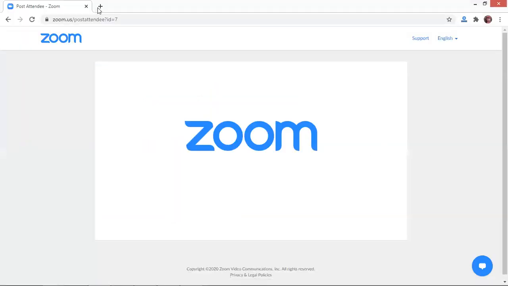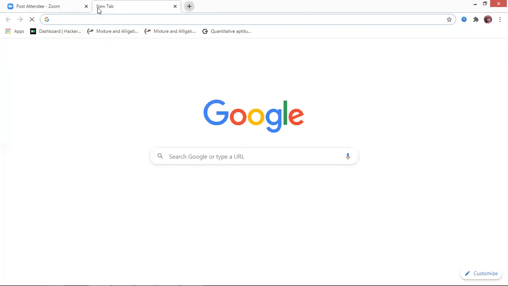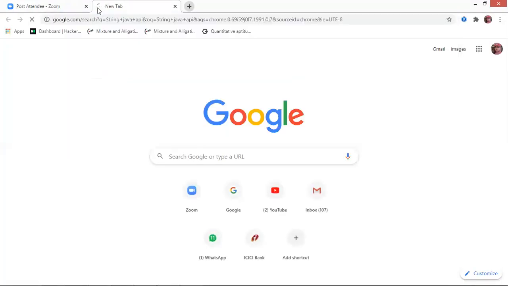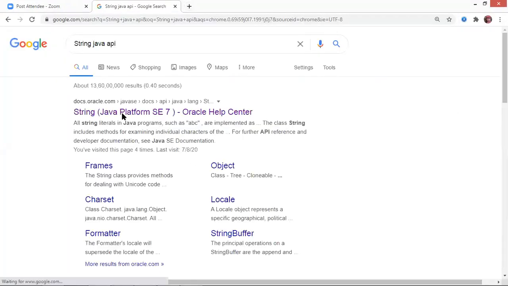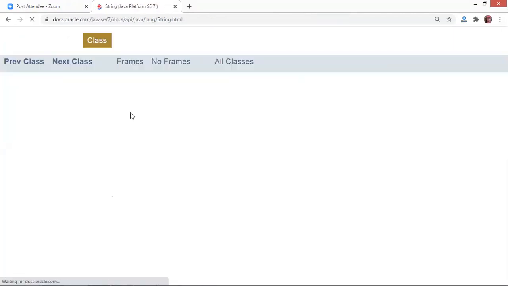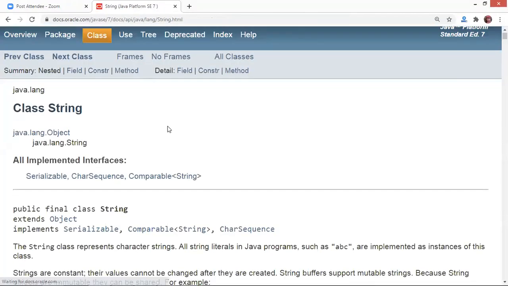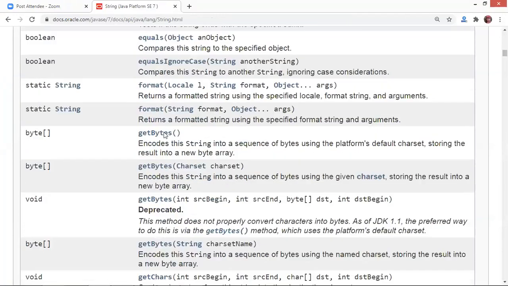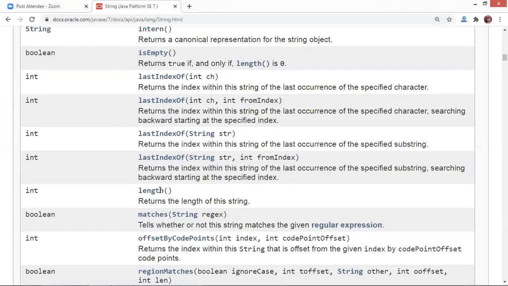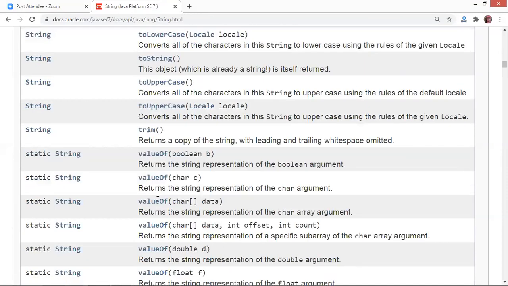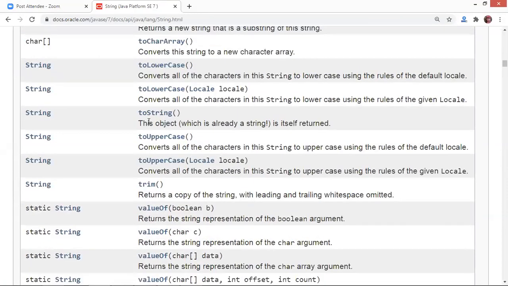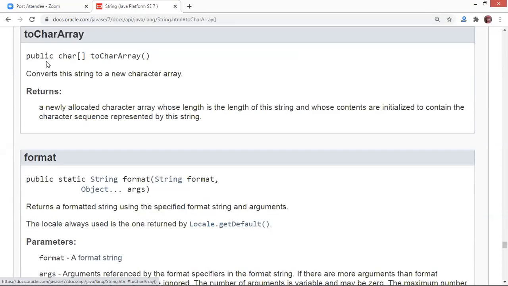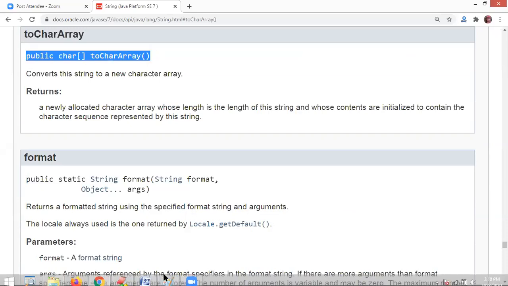See here, whenever you type string Java API, string toCharArray, this is the function. This belongs to the String class.